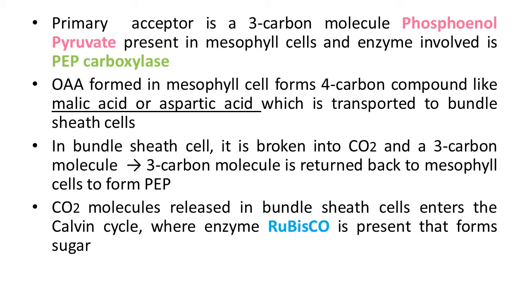The Calvin cycle pathway occurs in all mesophyll cells of C3 plants. In C4 plants, it does not take place in the mesophyll cells, but only in the bundle sheath cells. So it is interesting to understand where the location of both pathways is, and in which type of plants the C4 cycle and C3 cycle appear.